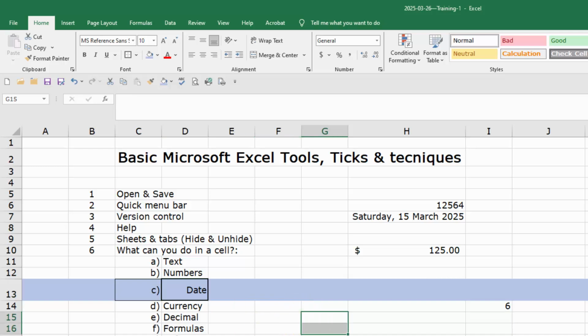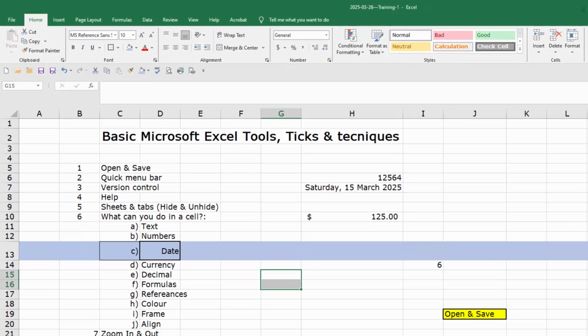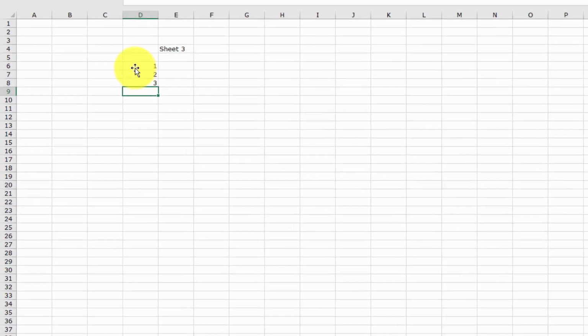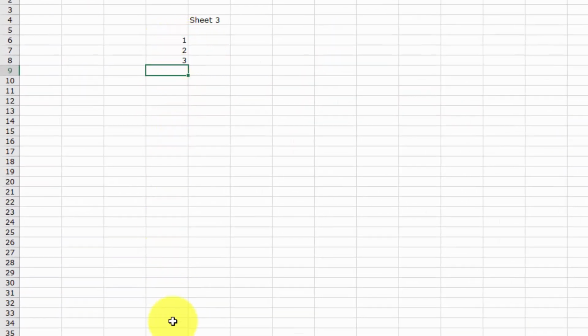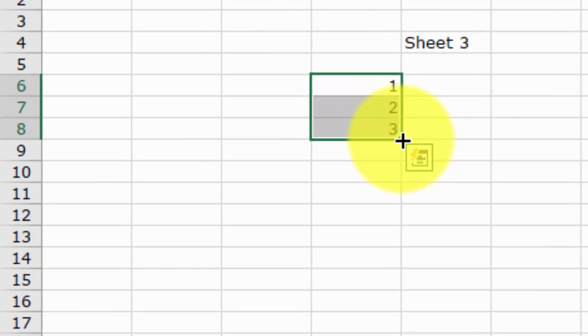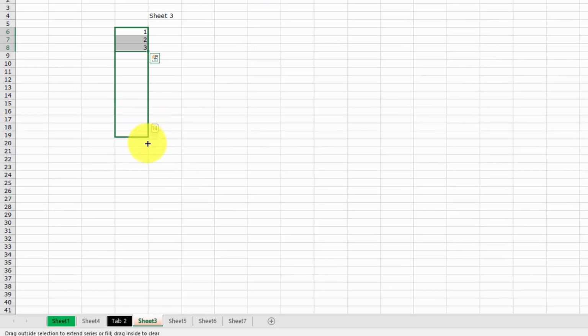We've covered zoom in and out. Now we want to do the next one. So we're going to go to sheet 3, and I'm going to create 1 and 2 and 3, and I don't want to be going all the way down here and typing in all of that detail. So all I do is I highlight all 3 of them. Find a little cross at the bottom right corner of all 3, click in with my mouse, left click, and